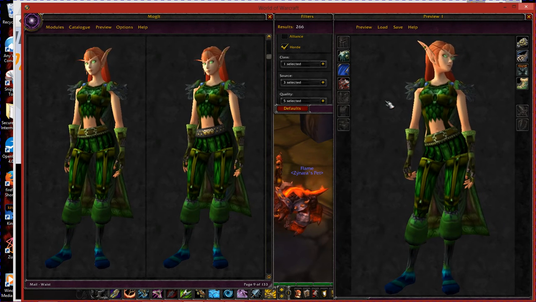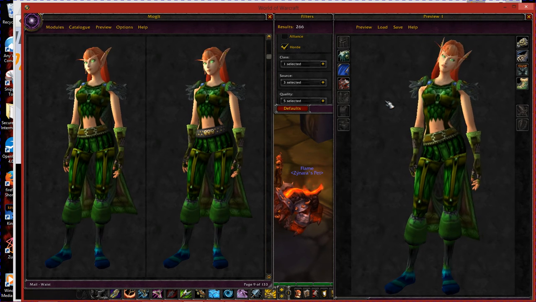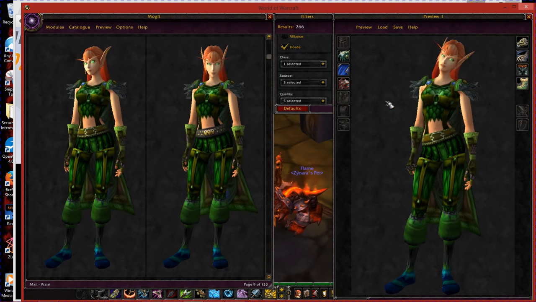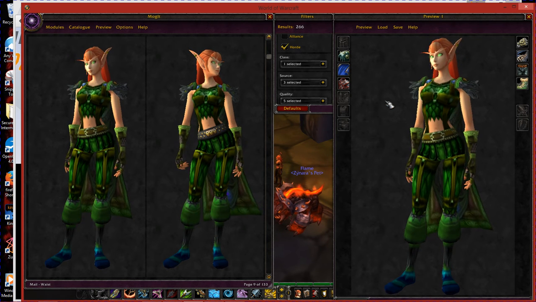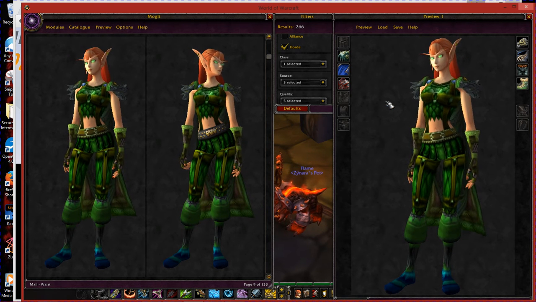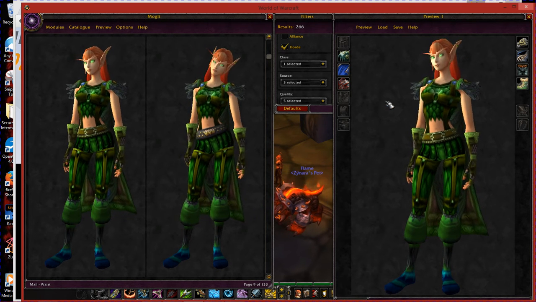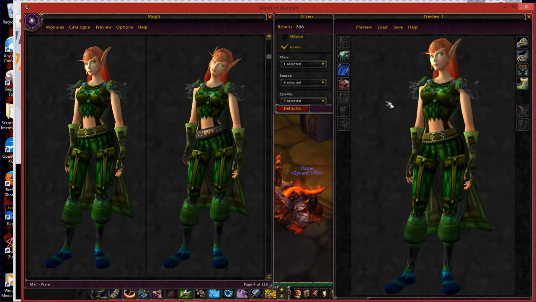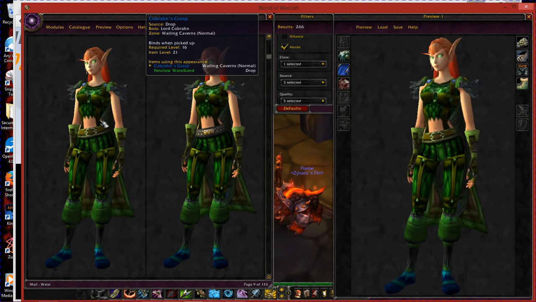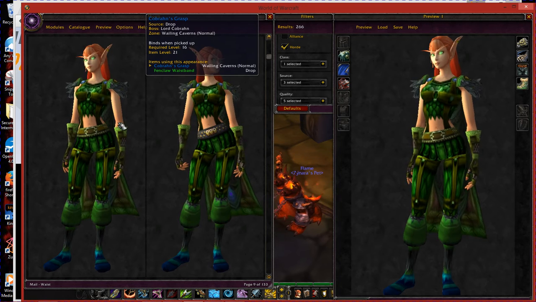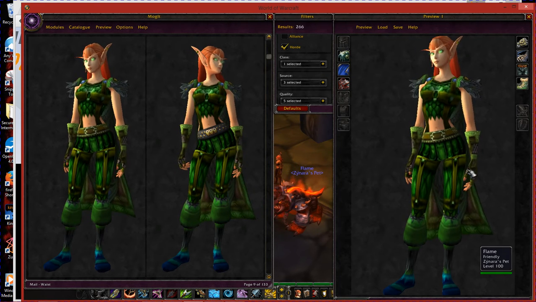The nice thing is that with the Legion, mogging is going to change, and you're going to have access to items that you might have obtained through quests but did not keep because you did not realize that mogging was so important, and believe me, mogging for me is important.